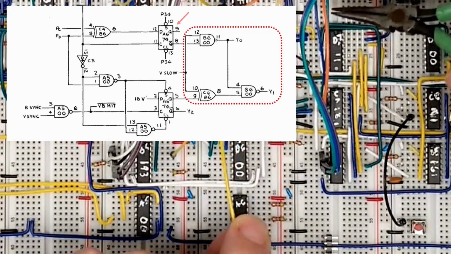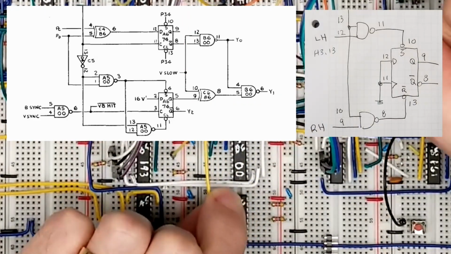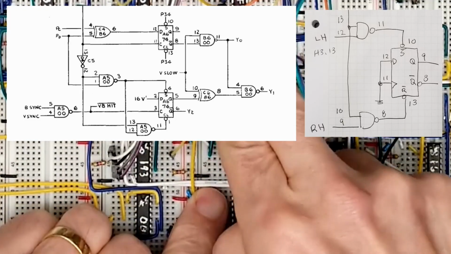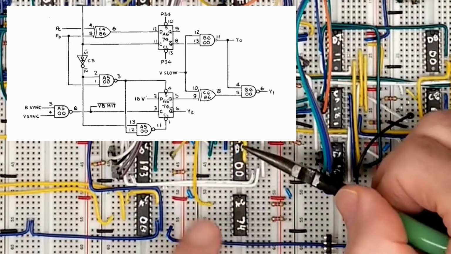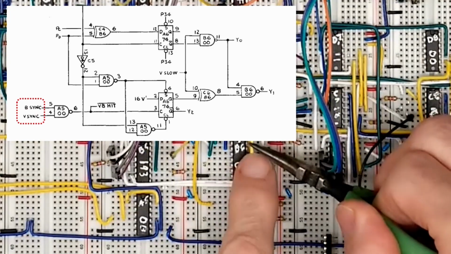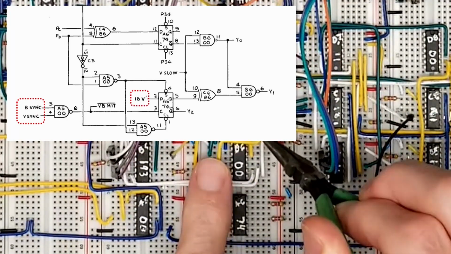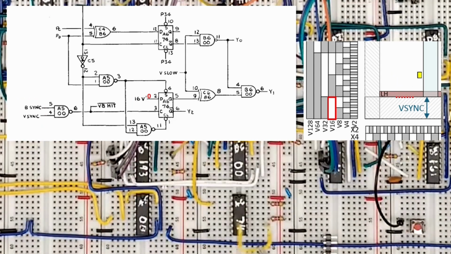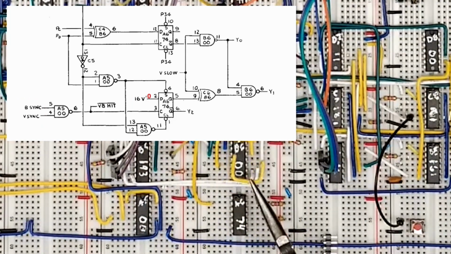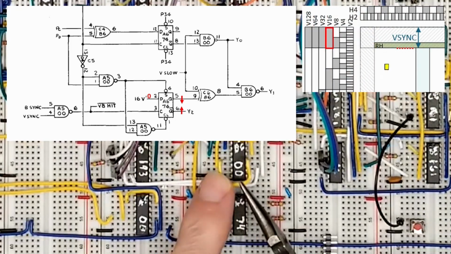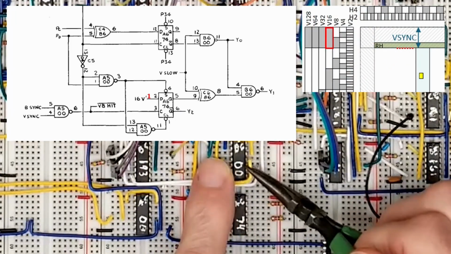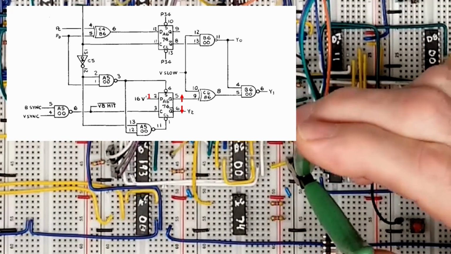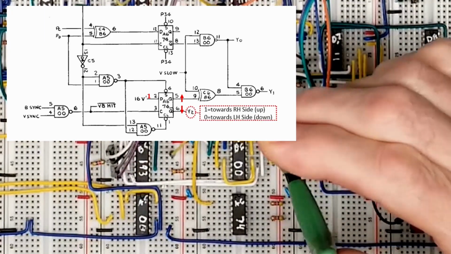The bottom latch is wired differently than how we did it. Instead of checking the left and right sides independently, they just check when the ball runs into V-Sync and use this to clock in the 16 Victor Prime line. 16 Victor Prime is off when the ball hits V-Sync at the bottom of the screen, so this resets the latch. And 16 Victor Prime is on when the ball hits V-Sync at the top of the screen, setting the latch. The inverted output then drives the Y2 load input directly.